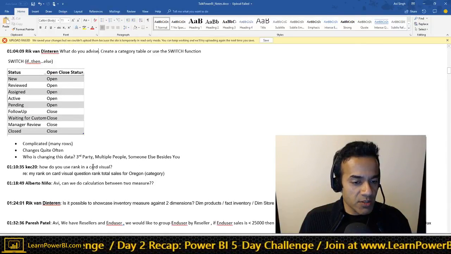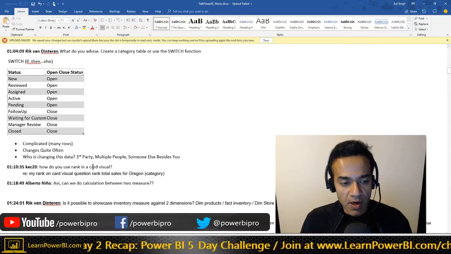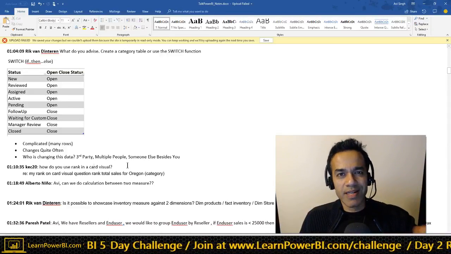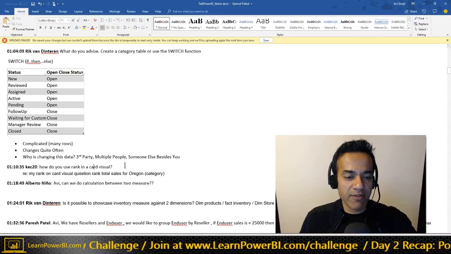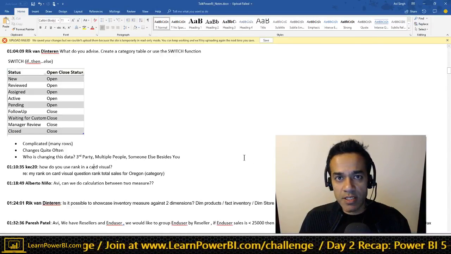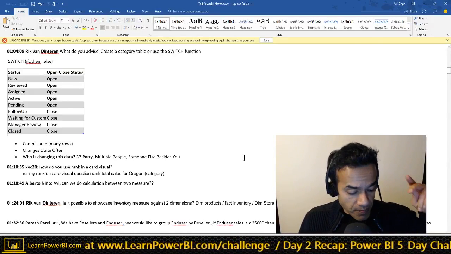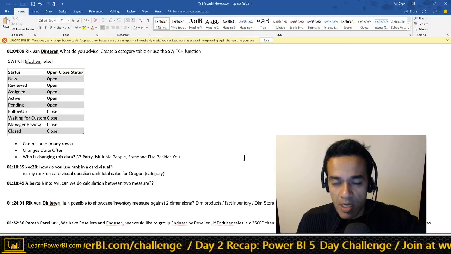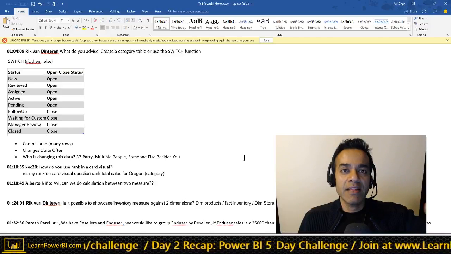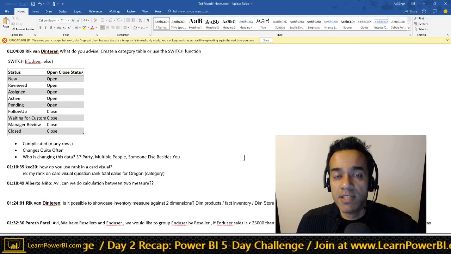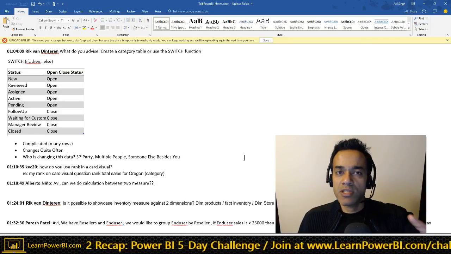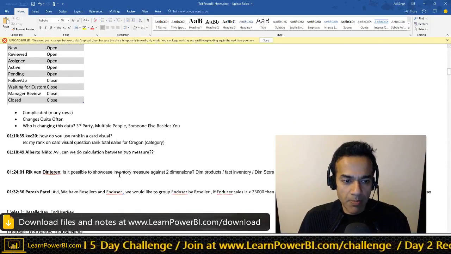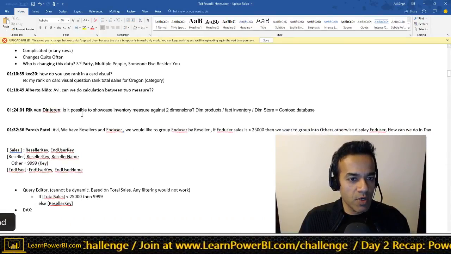Some of the questions: rank in a card visual. I love the rank scenario, and I love doing multi-tier rank. This was more on the DAX side, so if you guys have questions around that, we'll get into it on day 3 and day 4. What I love doing for rank is, let's say, show a customer and then show their rank in their state. They're number 3 in their state. But nationwide, they're number 7. And worldwide, they're number 17, or something like that. I love that part, and that's pretty straightforward to do.